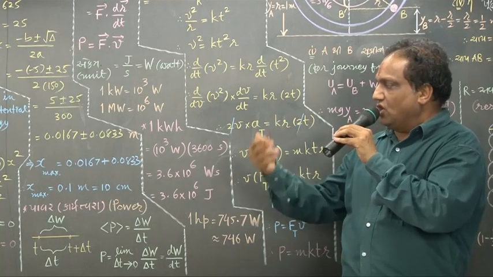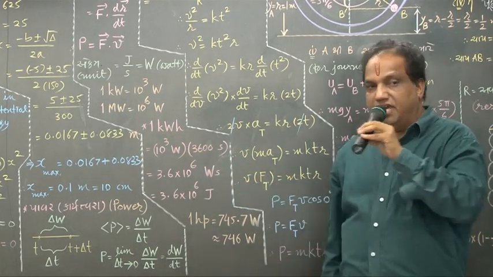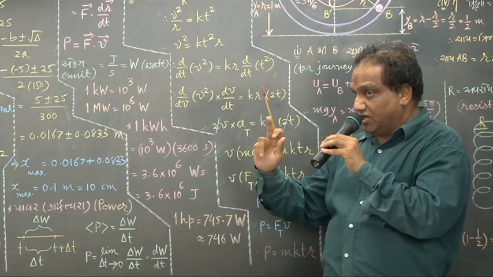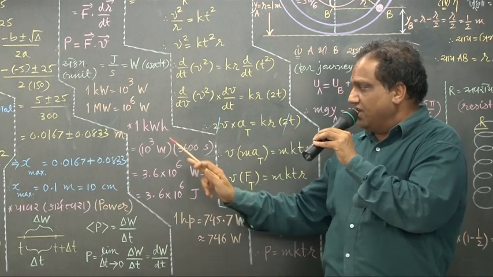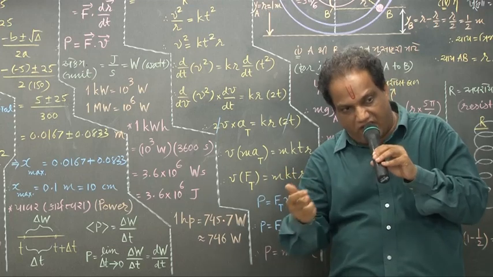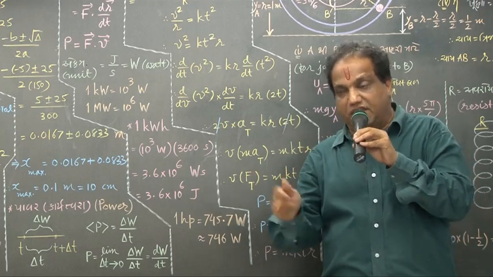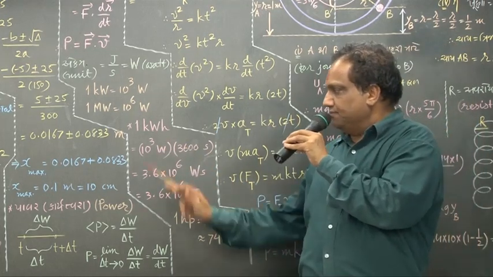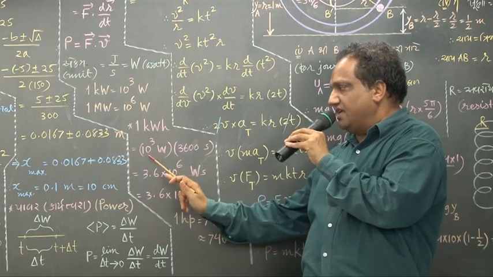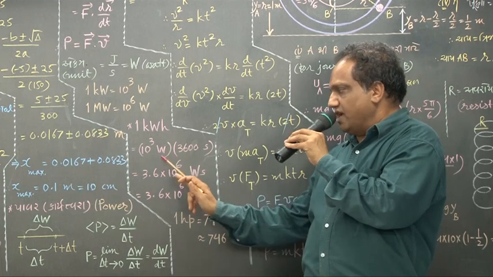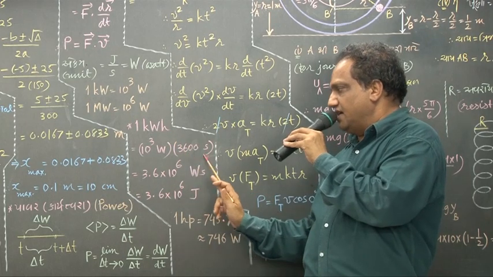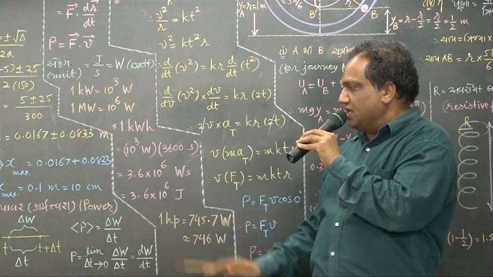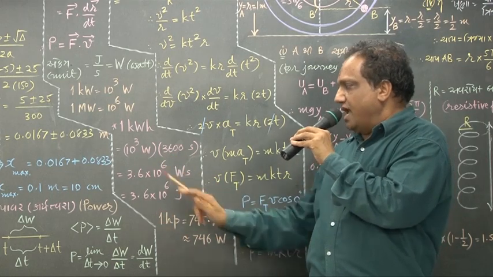We define one new unit of energy. It is kilowatt hour. If power equal to 1 kilowatt, that is 1000 watt, is spent in 1 hour, then the amount of energy spent is said to be 1 kilowatt hour. How? I am showing you. Kilo itself means 10 raised to 3, with watt as it is. 1 hour is 3600 seconds. So this is 3.6 into 10 raised to 3 into 10 raised to 3, altogether 3.6 into 10 raised to 6 watt into second.